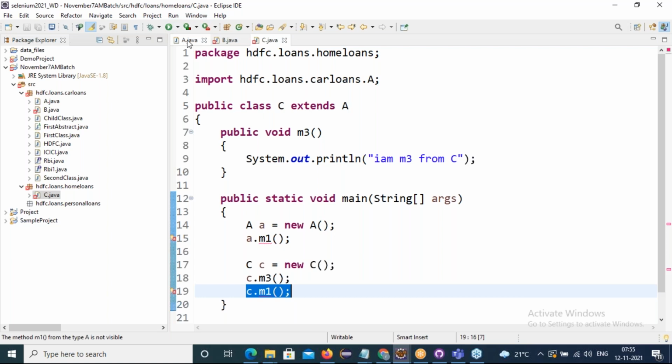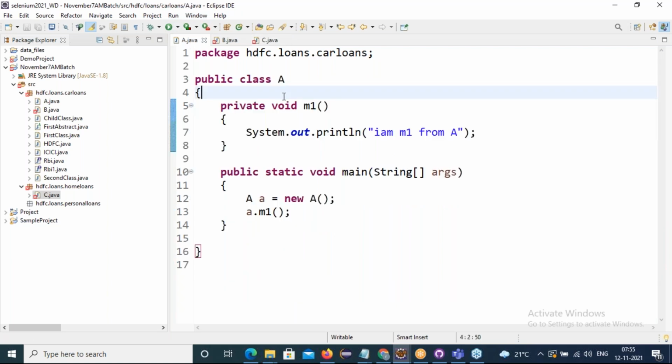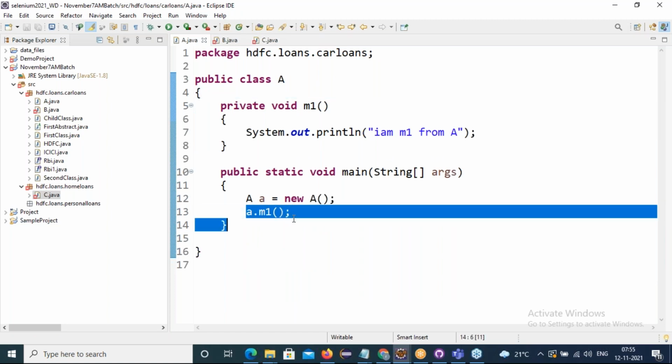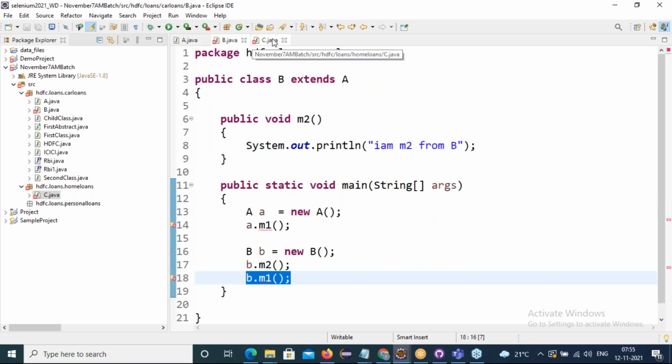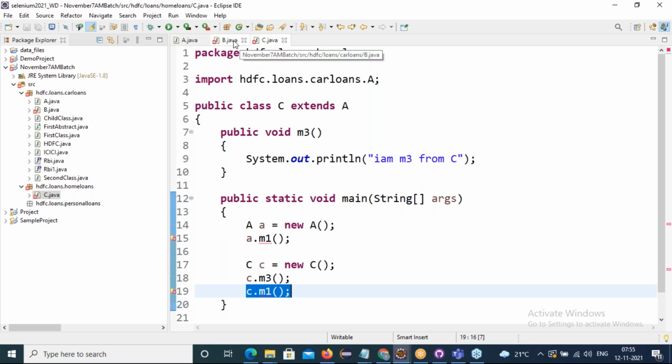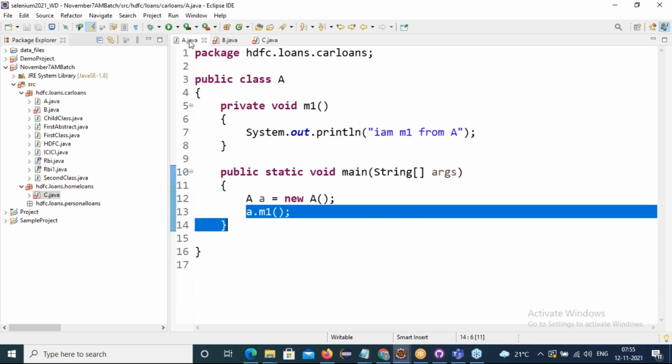Understood or not? So the private method scope is that it can be accessed only within the class, with the same class reference. Within a package or outside a package, we cannot access private methods. Is everyone clear? The scope for public, default, protected and private methods, where to access. Is everyone clear?